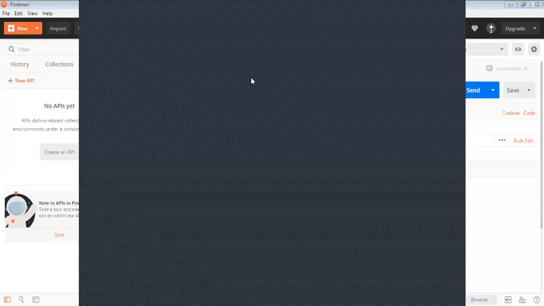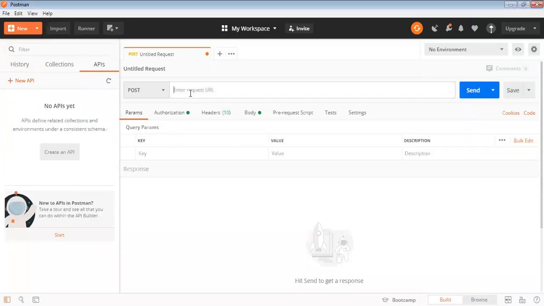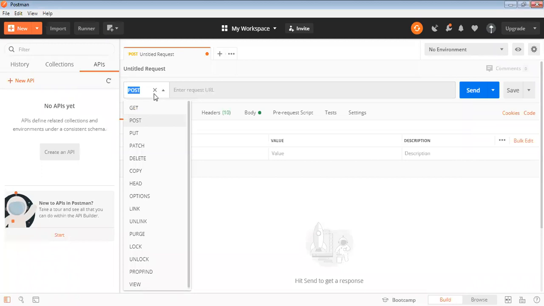Now, how do we set up? If you remember, we were discussing that in case of REST, we will have an endpoint. Then we need authentication details. So when you open this Postman, you can create a new setup for triggering your API. Then in REST, we have methods like get, post, put, all those methods, right?